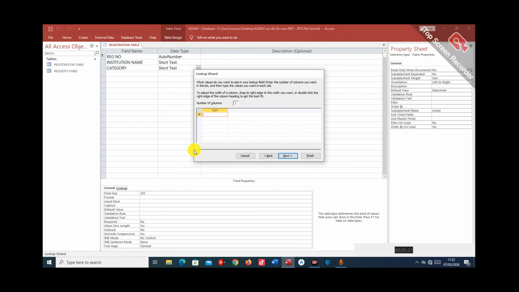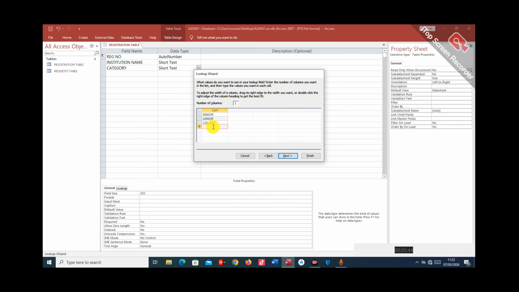Okay, so the first category are senior schools. The second category are junior schools. The third category, college. The fourth category,